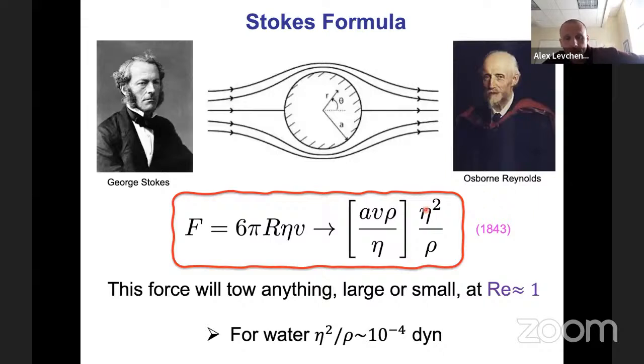And so the nice feature of this formula is that if you'd like to drag an object through a viscous fluid, any object of any size, but you'd like to drag it in such a way that the Reynolds number is 1, then the force that you need to apply is universal and is a property of the fluid itself. It's just the viscosity squared over the mass density. And for water, it is 10 to the power minus 14. So it means that, let's say, dragging a big ship or dragging a tiny piece through water would require the same force as long as you drag it at Reynolds number 1.